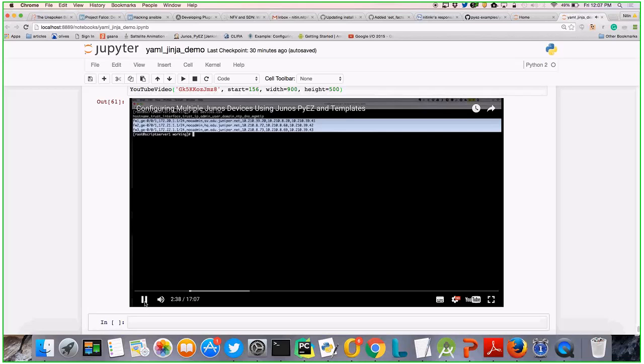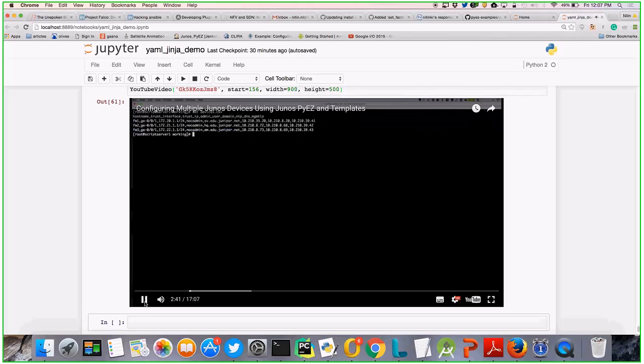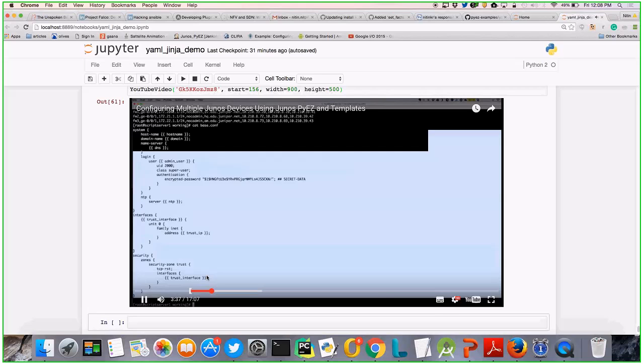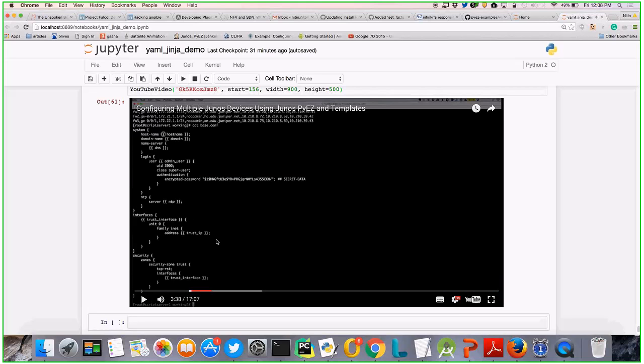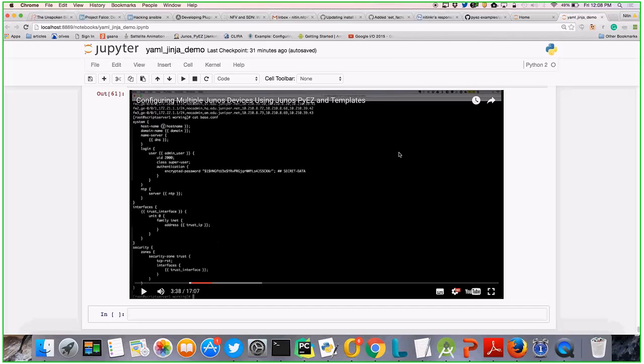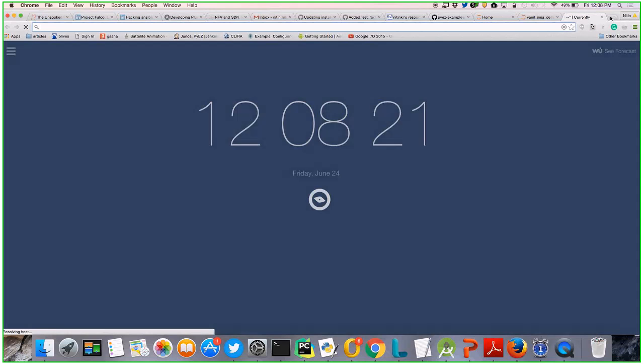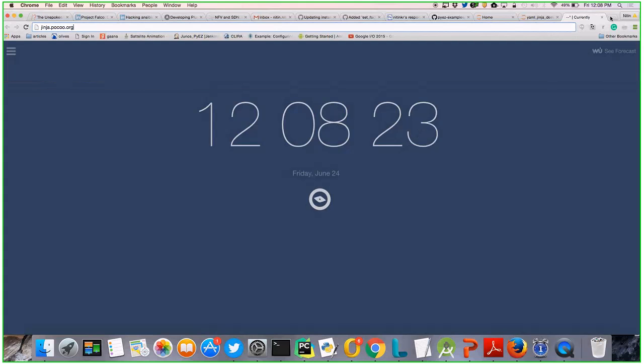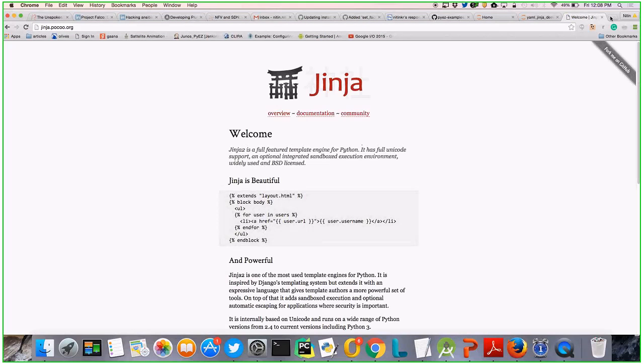So this is our Juniper video where again he's talking about here's a CSV file with this data. Again he's using a template where he pushes those CSV file data into this template and uses it in PyEZ. That's all I have for Jinja. That's what you will be using in Juniper, I guess, not more than that. For any other detail, you can go to the Jinja pocoo.org site and you can get more detail of that. We have a documentation page out here.